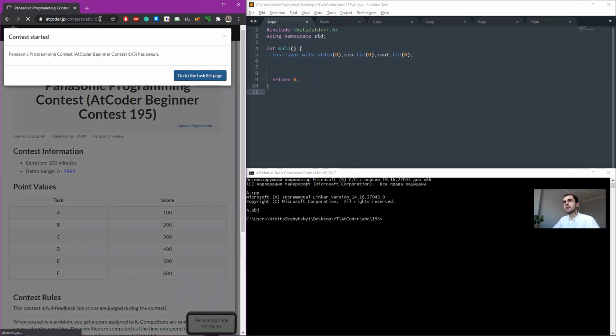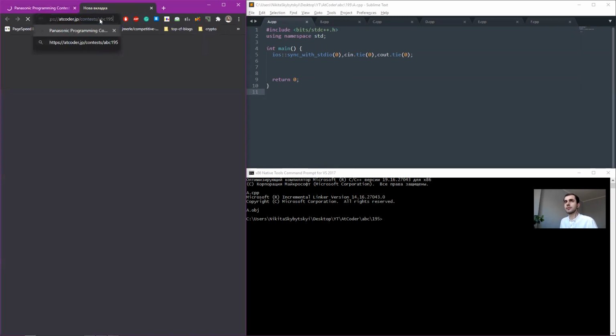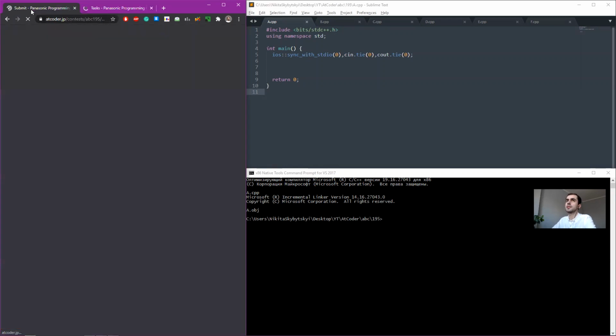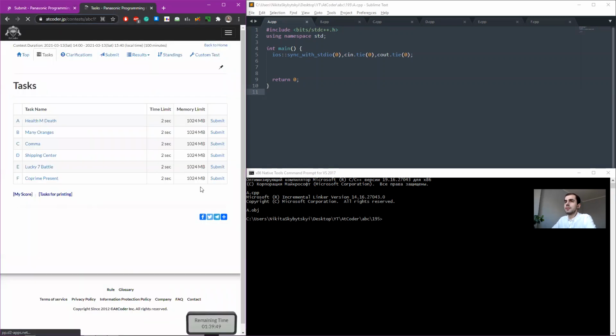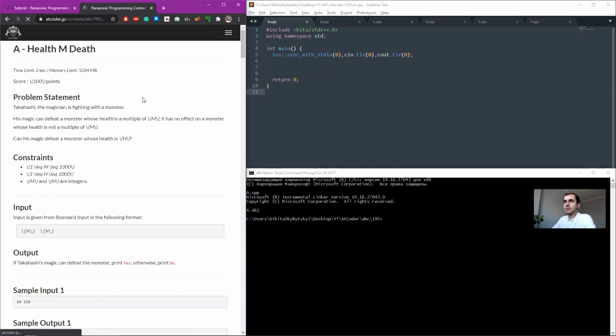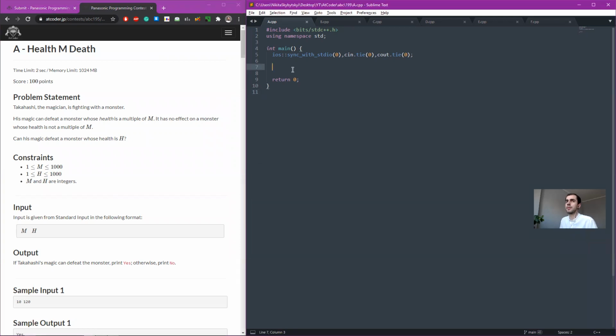All right. Open the submit type menu. Open tasks for printing. All right, good. Takahashi the magician is fighting with a monster. His magic can defeat a monster whose health is a multiple of M. It has no effect on a monster whose health is not a multiple of M. And his magic defeats a monster whose health is H. Okay, so